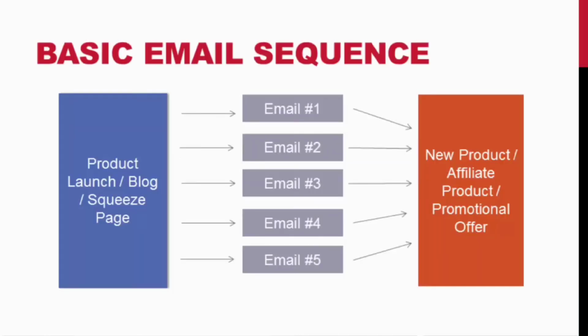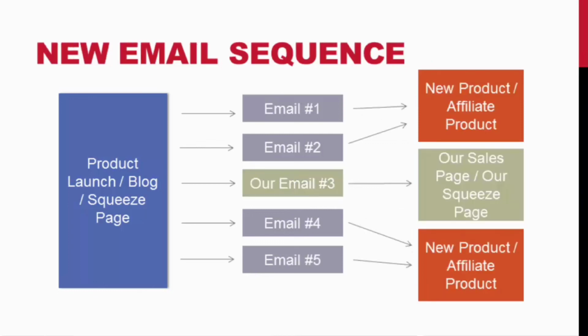So basically, we're going to be using email, obviously, and we're going to be taking advantage of other people's email lists. Now, here's the basic sequence for someone's list. They have a product or they have a blog or whatever it is, and they're building their email list, right? And when someone joins their email list, those people start getting an email sequence. They might receive an email once a day, once every other day, once a week, whatever it is that they're opting into, that person has some kind of email sequence that they are putting that person through. And then those emails all promote something. They're sending the traffic to a squeeze page, or they're sending it to a sales page, or they're sending it to their blog post, or whatever it is. And that's the basic idea behind email sequences.